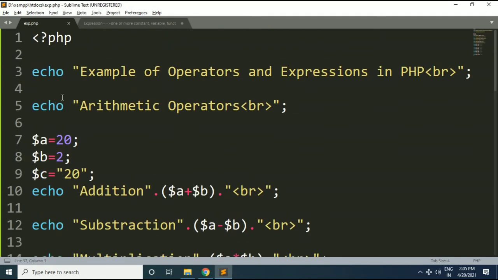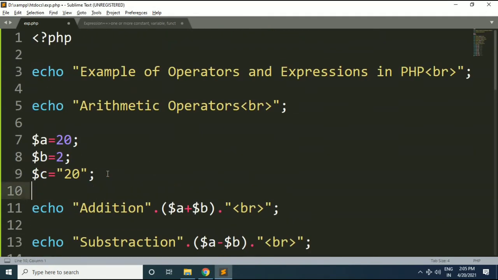Friends, if I create one more variable here, let's say D, and store the value 20 within it, and compare variable A with variable D using the strict equal to operator, then it will be true. Why? Because both have the same value and the same data type.